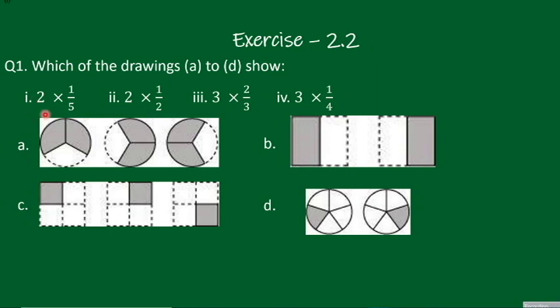Also we need only 2 figures, so here we have 3, so this should be no. In this, how many do we have? Here we have 2 figures. Yes, this is 2 different figures. First figure is this one and second figure is this one. Okay, so we have 2 figures here, so this is a match.